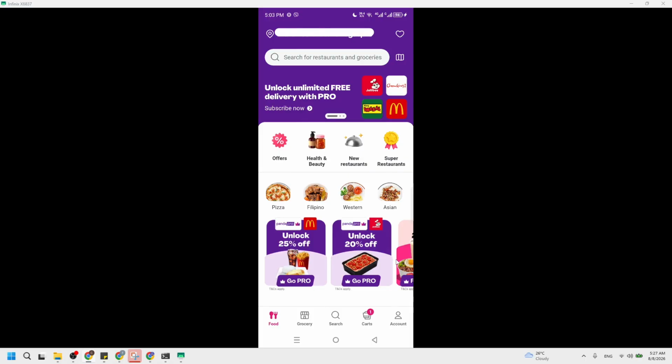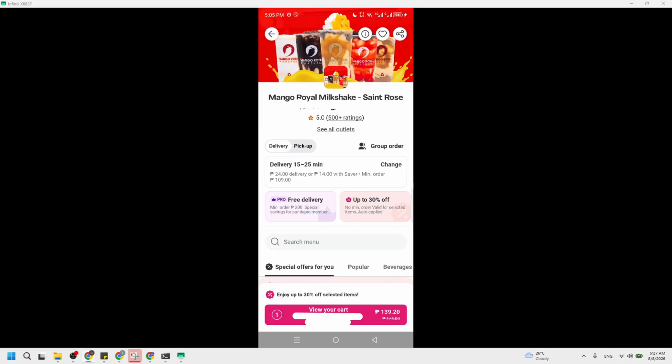Once the app is open, look for a restaurant you would like to order from and click on it. You can scroll through the list or use the search bar at the top to type the restaurant name or a food type. When you tap a restaurant, the screen changes to show its menu, estimated delivery time, rating, and delivery fee. A quick tip here, beginners often tap the back button too fast, so if the menu suddenly disappears, just reopen the same restaurant from the list.